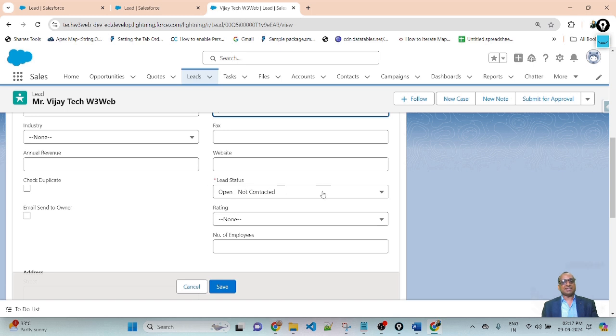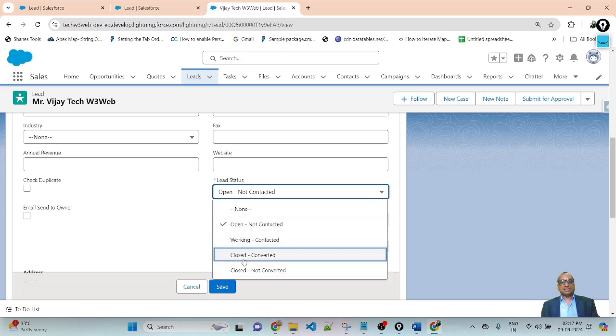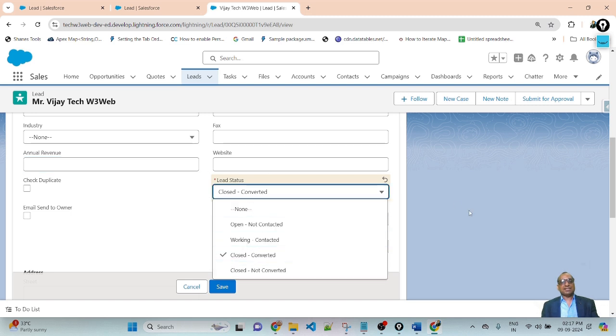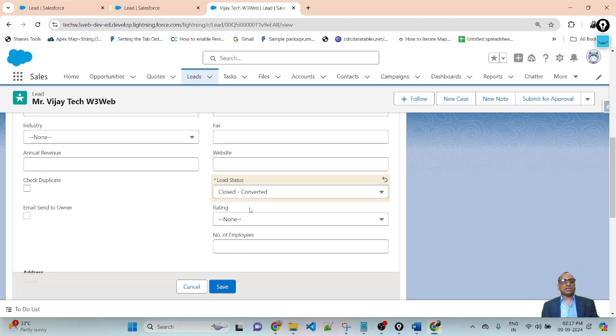The condition is: if the lead status is selected as Closed - Converted, then before saving the record, we will check the annual revenue field. If this annual revenue field is blank and I change the lead status to Closed - Converted, then before saving the record, I will display an error message.